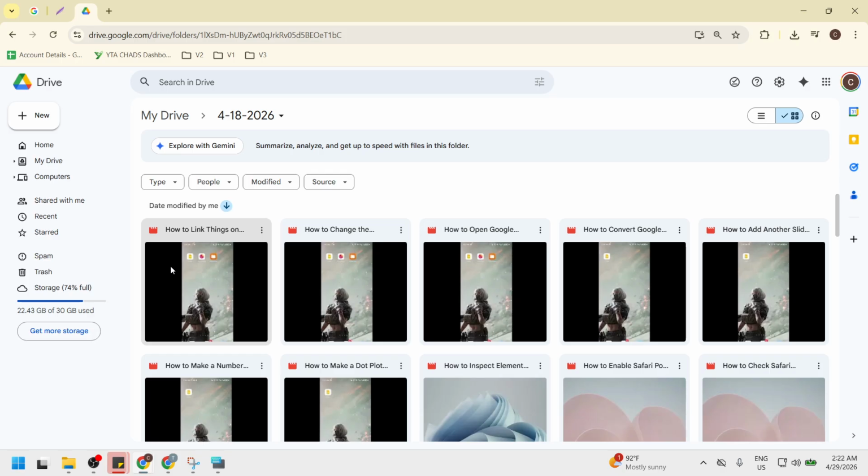Now here's a quick trick that often fixes the preview instantly. Click once on the file to highlight it, then press the P key on your keyboard. That shortcut tells Drive to open the preview viewer directly, even if a double click would usually try to open it in an app or get stuck. You should see the preview window appear. If nothing happens, verify the file is actually selected and try pressing P again.